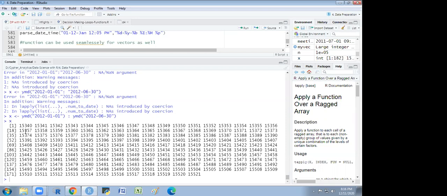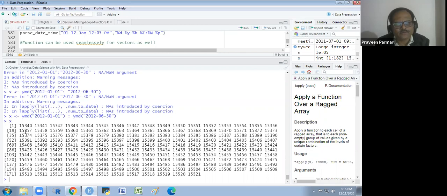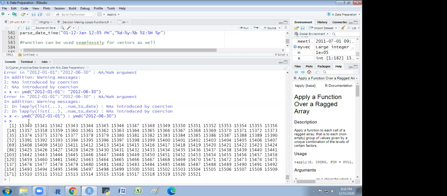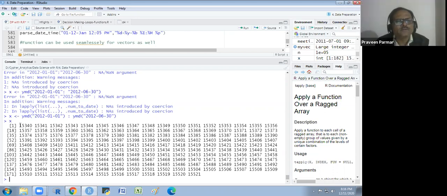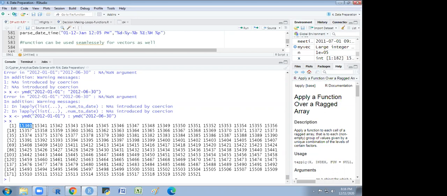Now we can take, sir, another variable and make it, then we will use ymd. What I could not understand, what you are telling. Akshay, what are you telling? I am saying we will create a new variable with the name y, and then it is equal to the ymd function of x.